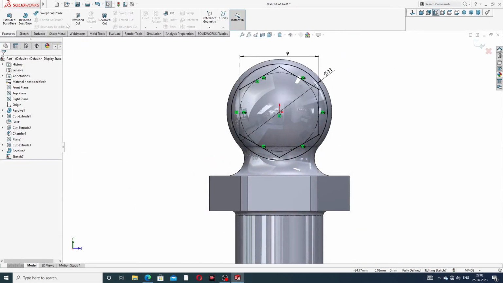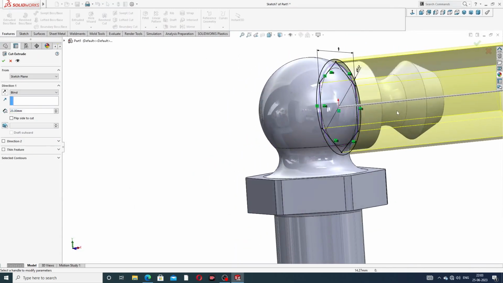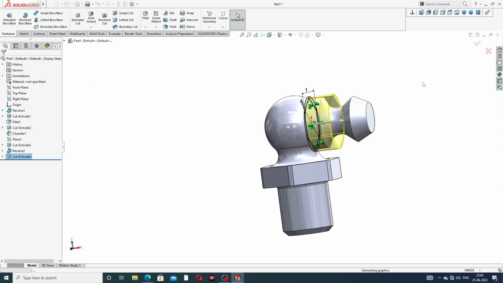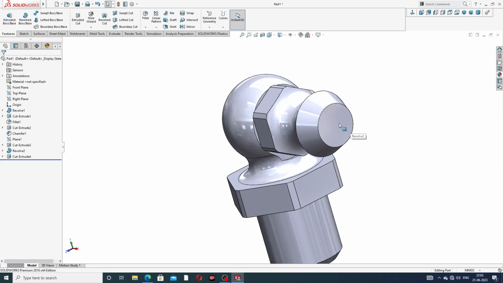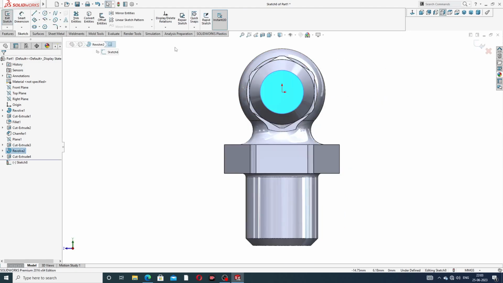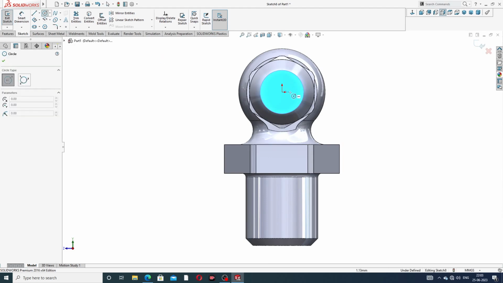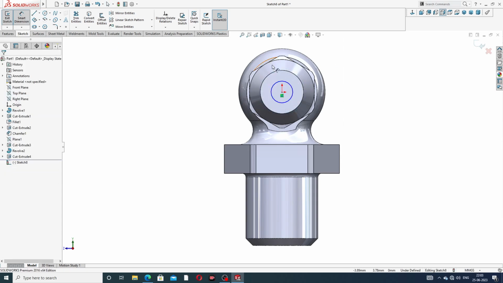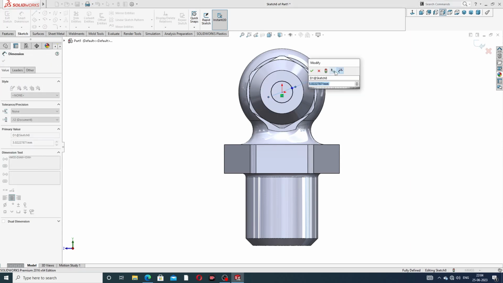Okay, and use extrude cut. Extrude cut is perfect, and use 5 millimeter only, and click OK. Okay, this is perfect, and on this face select sketch normal, and draw a circle. This circle is 2 millimeter,